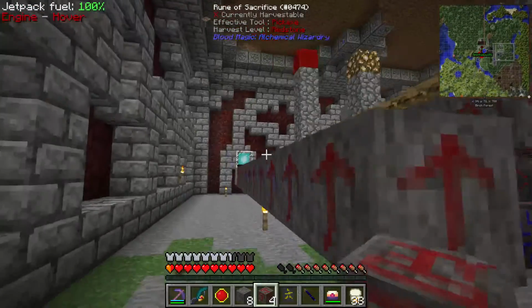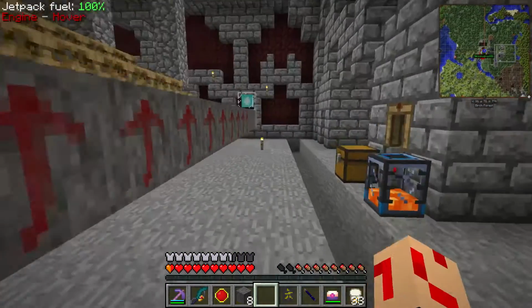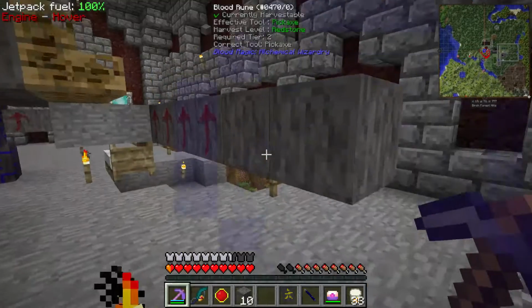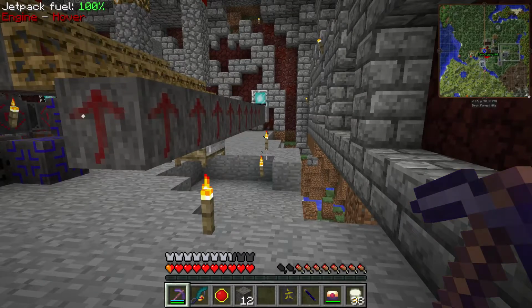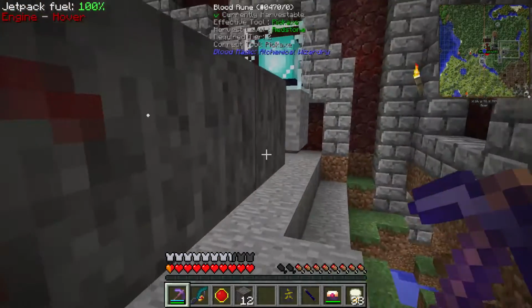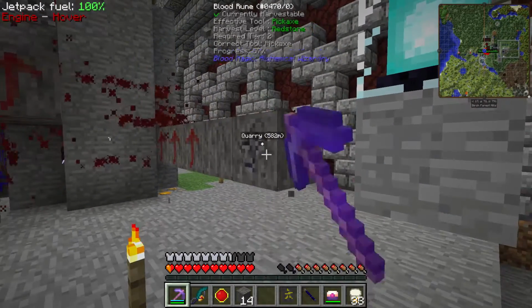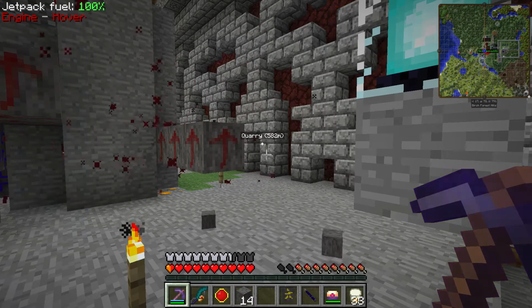So, these runes of superior capacity work in an interesting way, in that for every rune of superior capacity you add, you increase by 10%. But this is a stackable 10% on said 10%. So, one will increase by 10%. Yeah, it's exponential. Two will increase by 21%. Three will increase by...